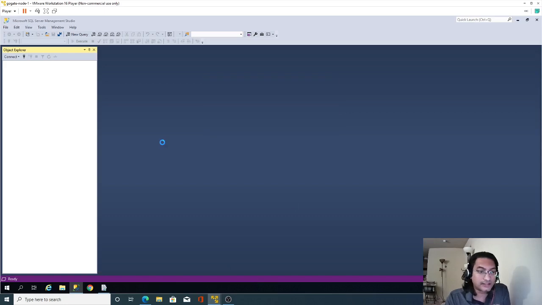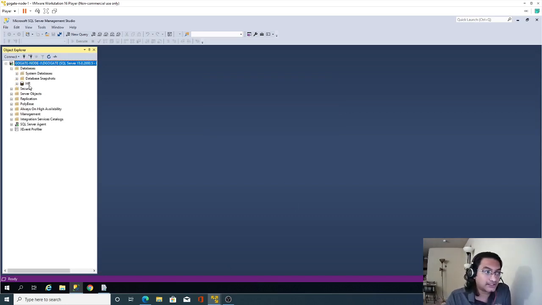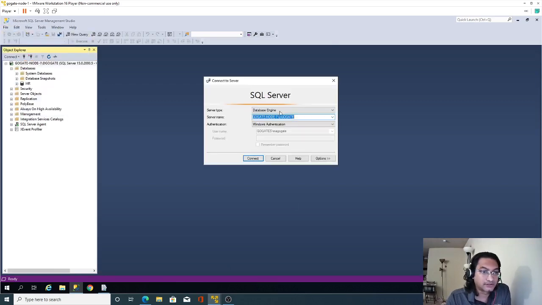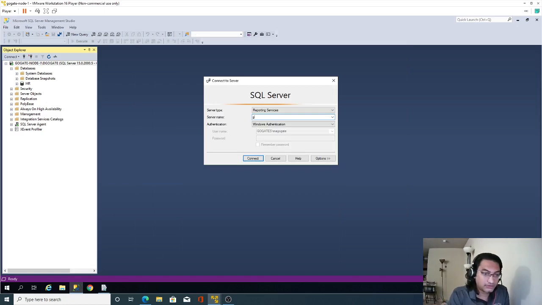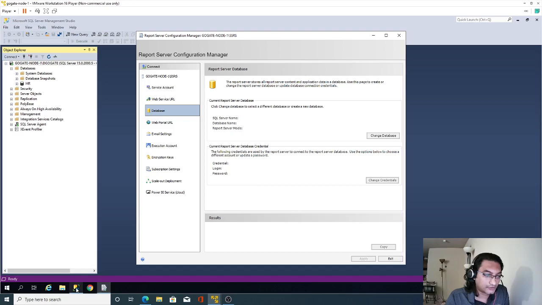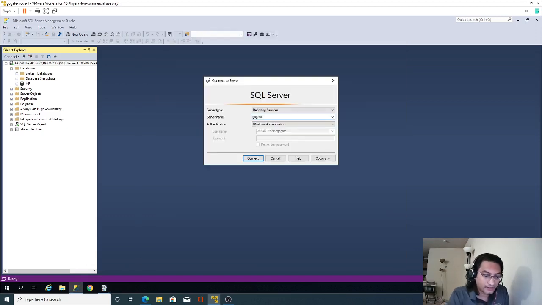Now, if I connect here, I don't get to see any database here. There is no database for reporting services. If I go back to reporting service, I think the server name is this, GeoGAT hyphen node hyphen one slash SSRS.